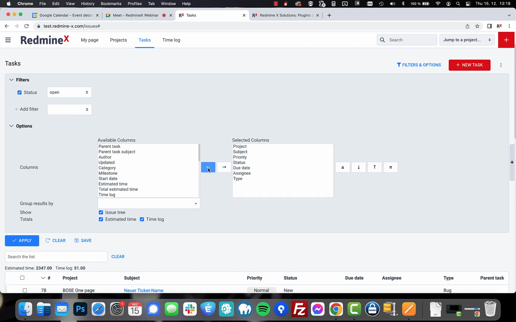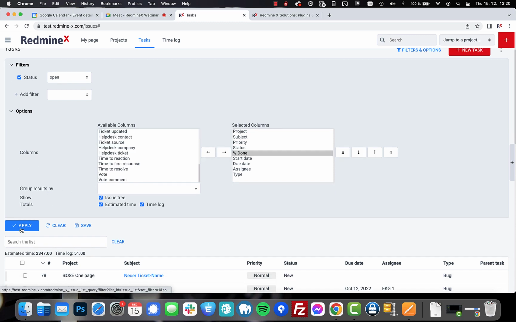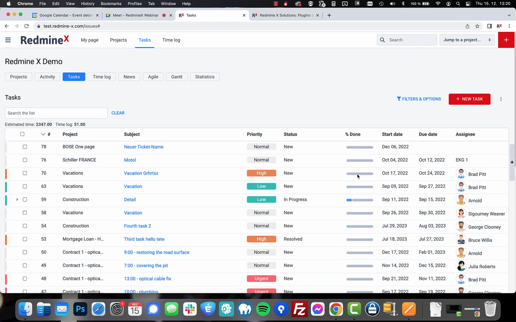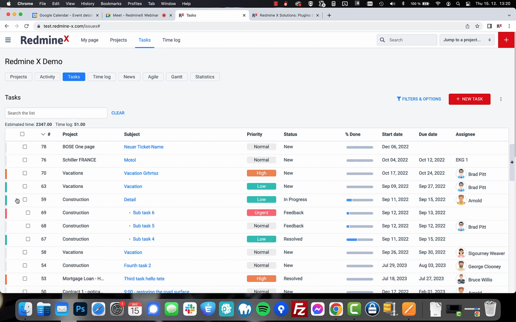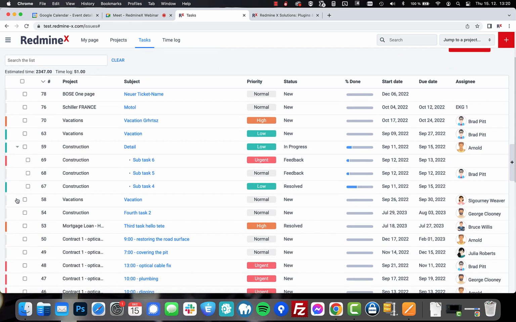So I'm gonna get rid of these, and I'm gonna add the start date next to the due date. Yeah, so it makes sense. And I'm gonna add the percentage done here because I want to show you something with the percentage done. Okay, just like that. So we're still within the tree, and you can see that as of right now, within